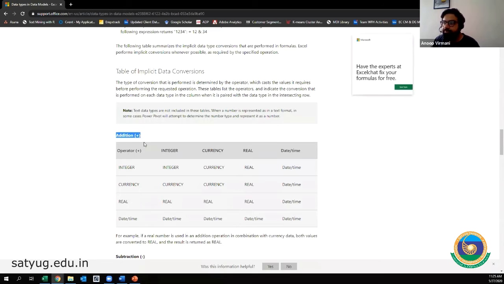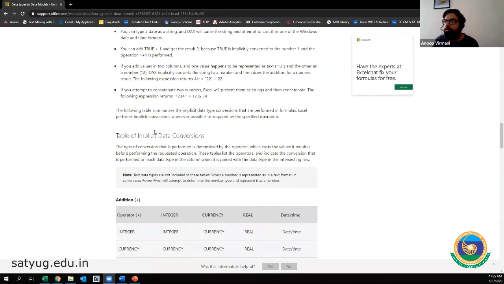In addition, as an operator, if you add an integer with an integer, you will get an integer, right? But if you add an integer with a currency, you will get the currency. If you add a currency with an integer, then again you will get a currency. So these are the default things that Excel has fixed as per the industry requirements.